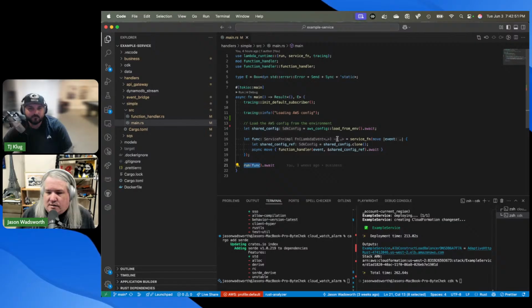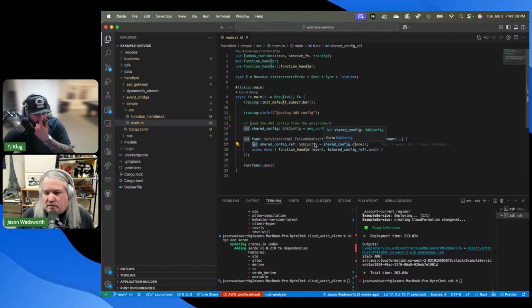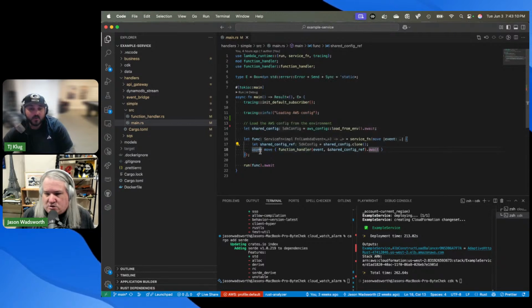Absolutely. There's some stuff happening here we'll get into a little bit later, but the way memory works in Rust is really where all the complexity comes from. 100% of the complexity in Rust is all about memory. It's also part of what makes it so safe, but it can be a beast to understand. So we'll get into why this is cloned and this whole concept of moving in a little bit.